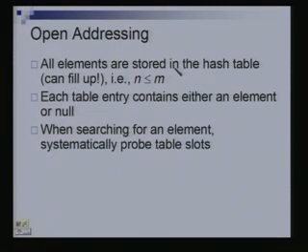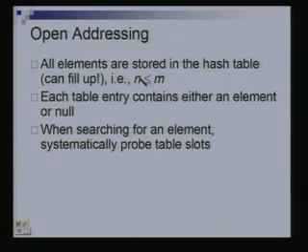So, as I said, hashing could map two elements to the same location in the table. So, we can't put both of the elements at the same location. We still want to put all the elements in the table. So, we will have to find some other location for that element. So, clearly if all elements have to reside in the table, then the number of elements that we are trying to put, n, has to be less than the size of the table, which is m. So, I am going to work with m as the size of my table and n is the number of elements that I am trying to put, right.